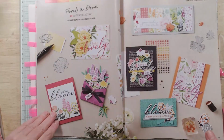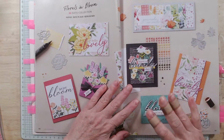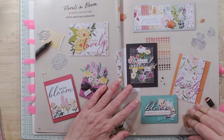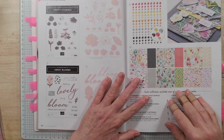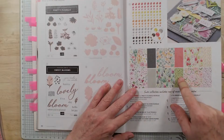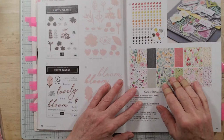Now, the thing is that the sale, which makes it even better, actually includes not just the suites themselves, but you can buy all the little individual pieces that go towards it and also qualify for the savings. Okay, so say here you've got the Florals in Bloom suite, and maybe you wanted to just buy the bling or the paper. Because it belongs to a suite, you can get the same buy one, get one 50% off